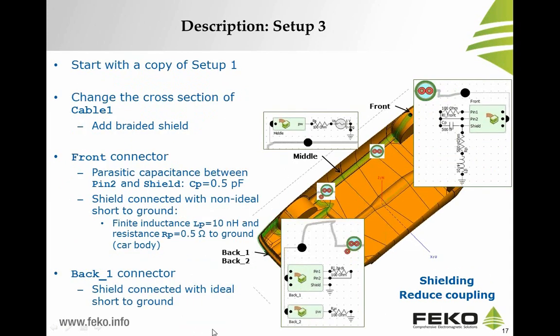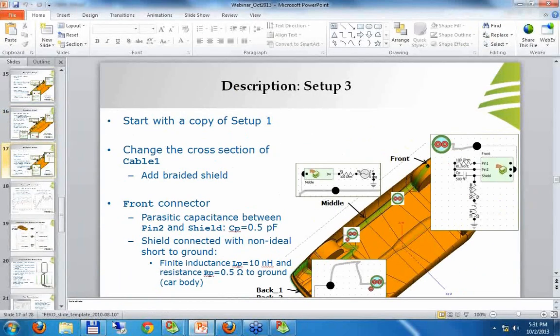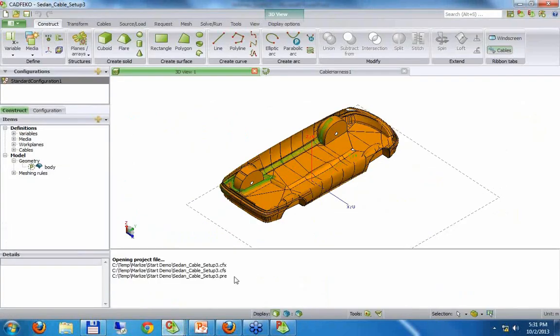Our final setup is a bit quicker to do. We will again start with a copy of the first one. Basically the setup looks similar to the first one, but we are now interested in introducing shielding around the two wires to further reduce the coupling between the power wire and the two wire cable. So if we just go to this model,